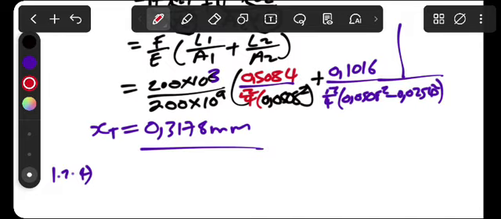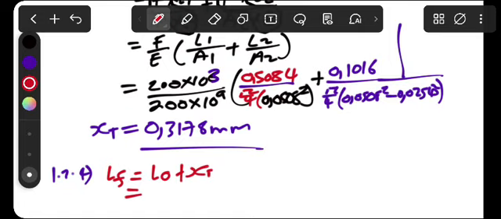Okay, you can say final length would become its initial length plus the change in length, but just what the total change in length there. Remember, total extension, change in length, initial length,